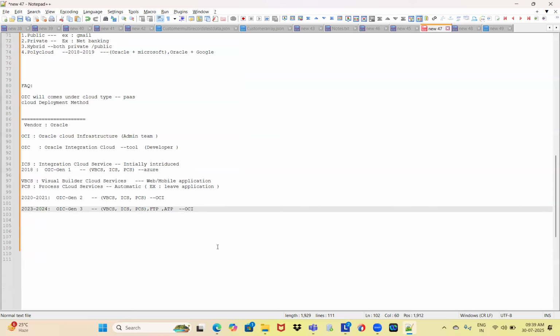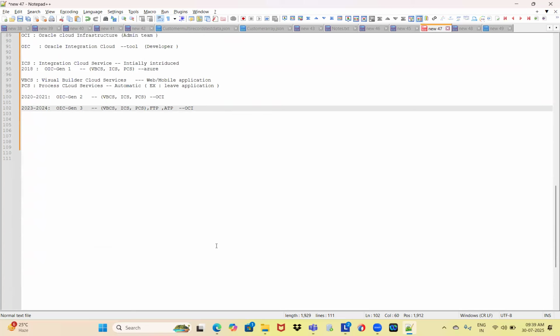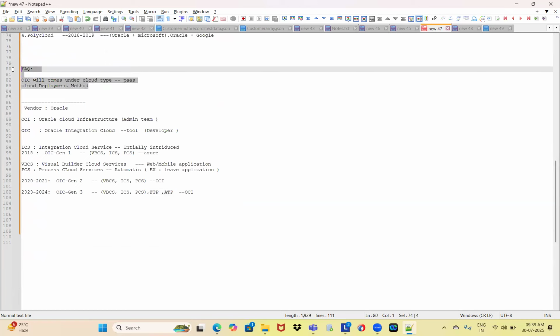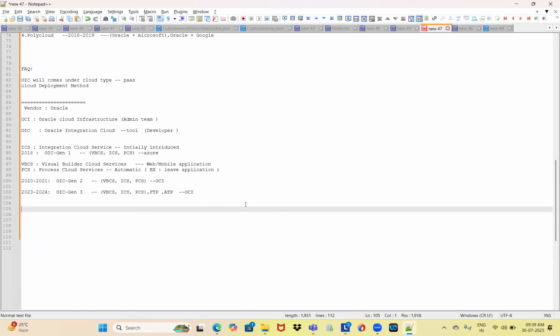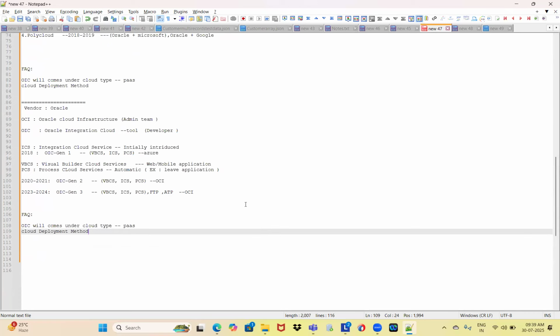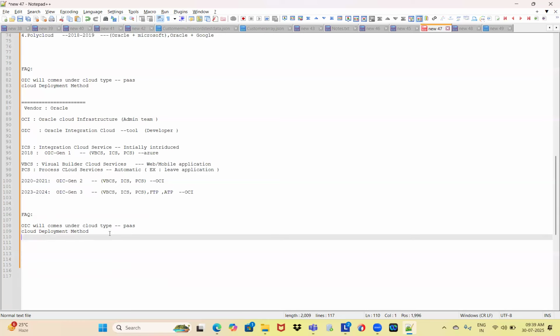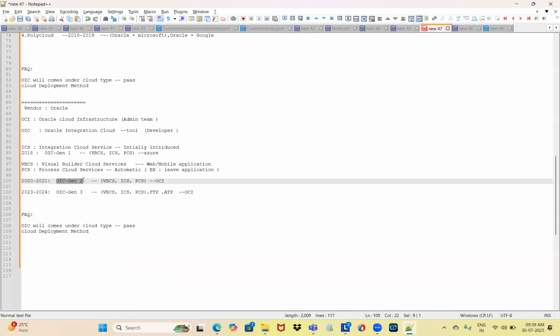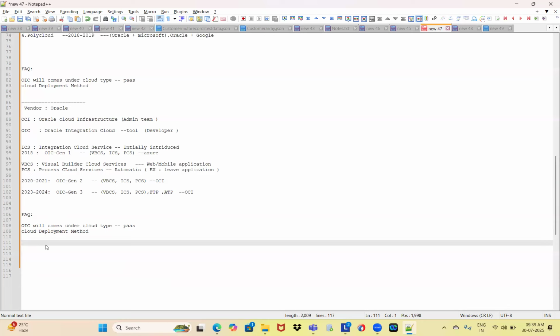The interviewer may ask which generation you are working on, depending on your experience. Let's say, for example, we put 3 years of experience. Then we can say that initially we started on Generation 2, and now we are working on Generation 3. If asked which generation you are currently working on, the answer is OIC Gen 3. Based on our experience, for example, if we are holding 4 years of experience,